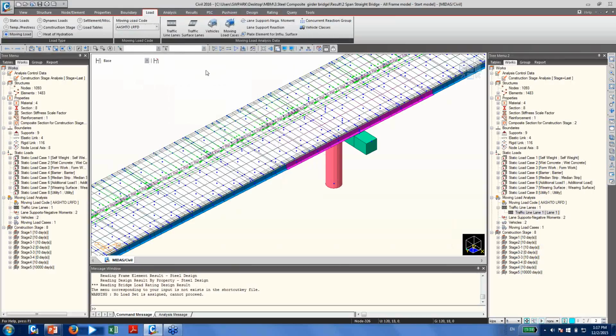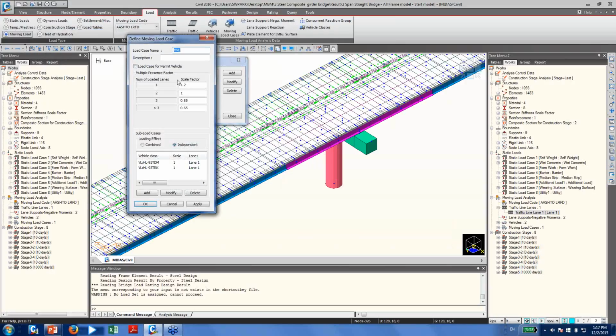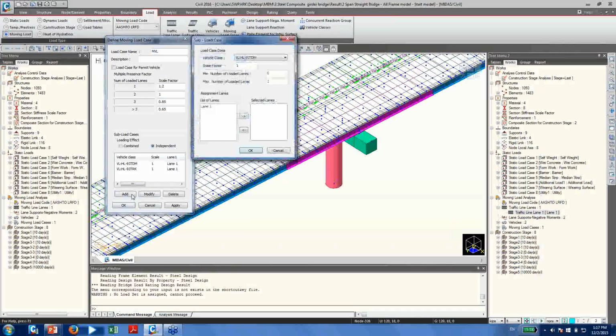And about the moving load case, you can see here, I already defined the moving load case. As you can see here, you can modify the multiple presence factors. And here, in one moving load case, you can have multiple subload cases according to your design trucks. So at the very bottom, you can find an Add button here. Click Add,